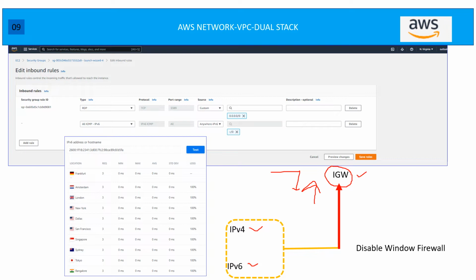So I tried to ping this from a public hosted website, and this is my IPv6 address. When I hit the test, it all failed. We can see the losses are 100%. Then while troubleshooting, the first thing you need to check